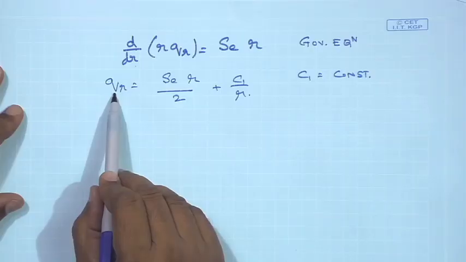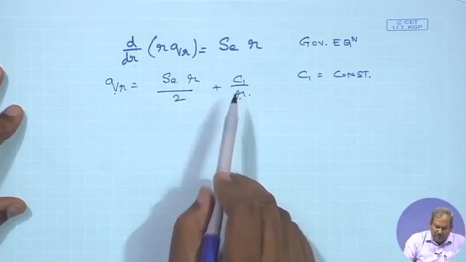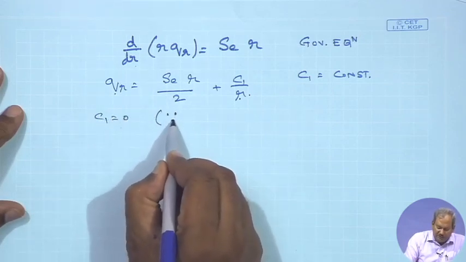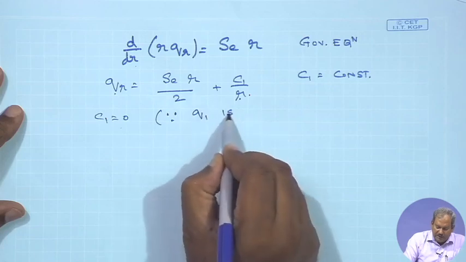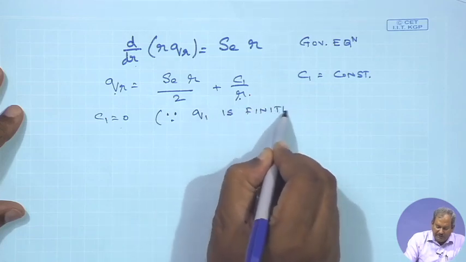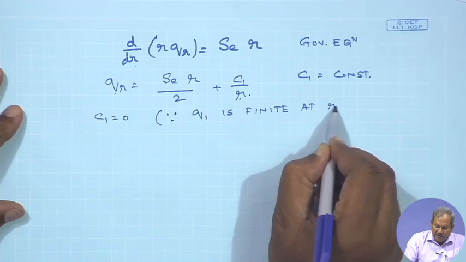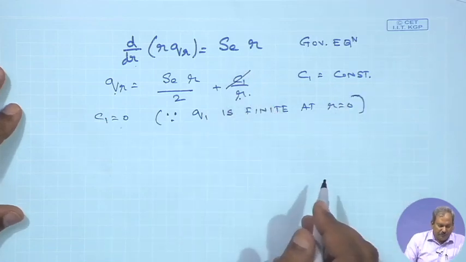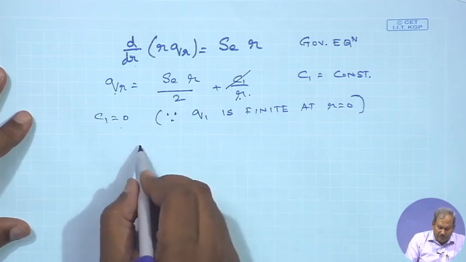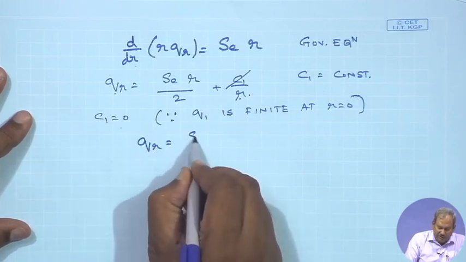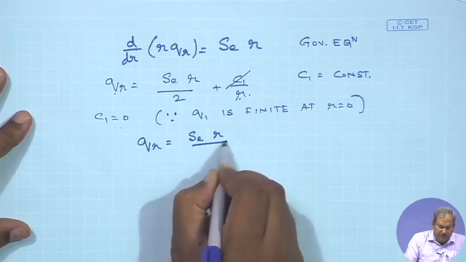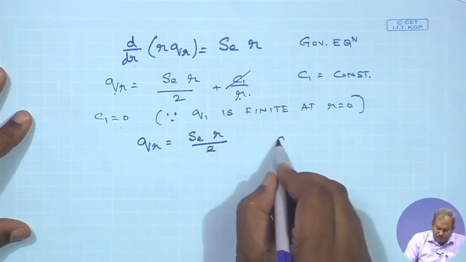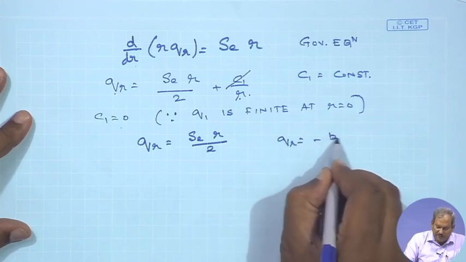So, if q_r has to be finite at r equals 0, then C1 has to be equal to 0. So, if C1 is equal to 0, then what you would get is q_r equals S_e, the heat generated per unit volume, times r by 2, and substitute Fourier's law, which is q_r equals minus k dT/dr,